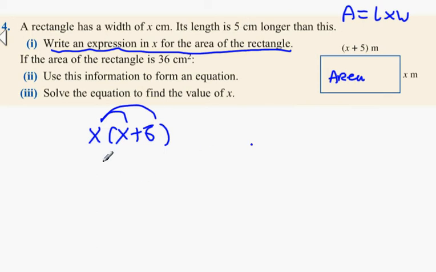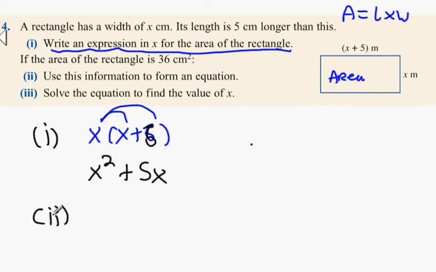No equals yet. You're still on part 1. X multiplied by x is x squared, plus 5 multiplied by x, 5x. Yeah, that's a 5, my bad. 5x. Joey,